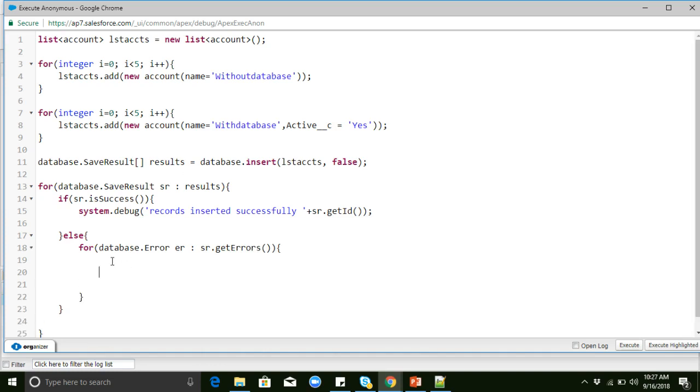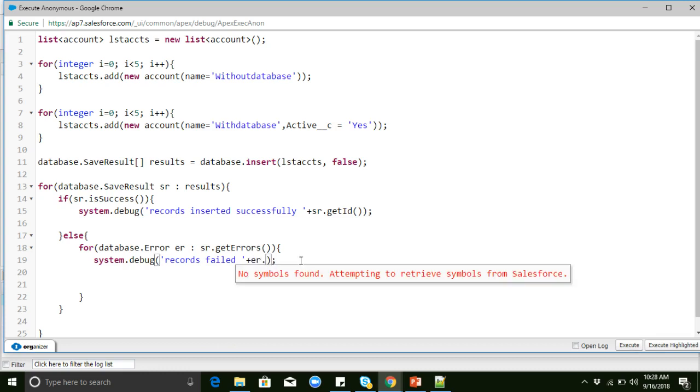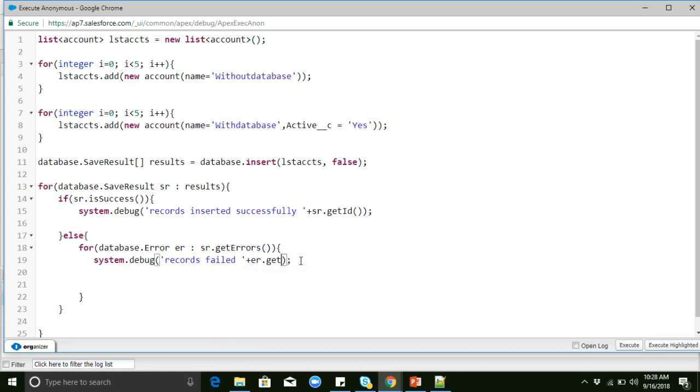Here we can add some debugs, like "records failed" plus the result of getMessage.